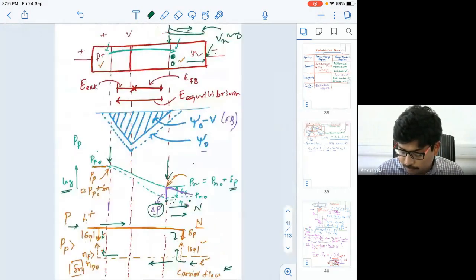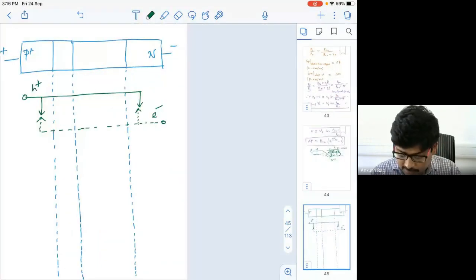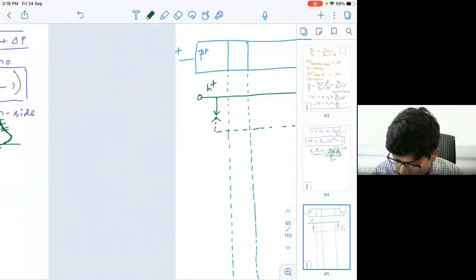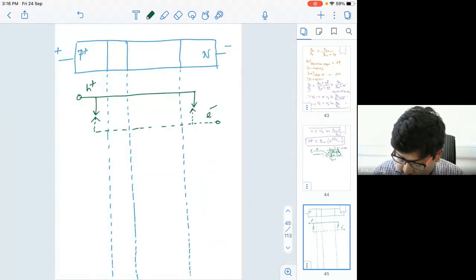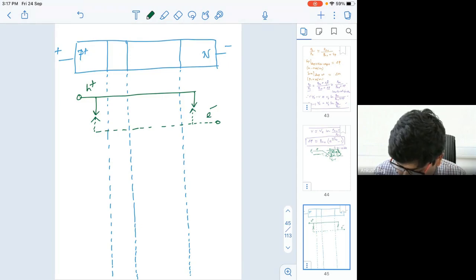Now let us see what the carrier transport will be. For that, I'll try once again, because we need to draw the minority carrier concentration in this quasi-neutral region in the linear plot to understand it in a better way. So this is the carrier flow, and the device schematic I have already drawn for your reference. So let me try to draw this minority carrier concentration in the linear scale.